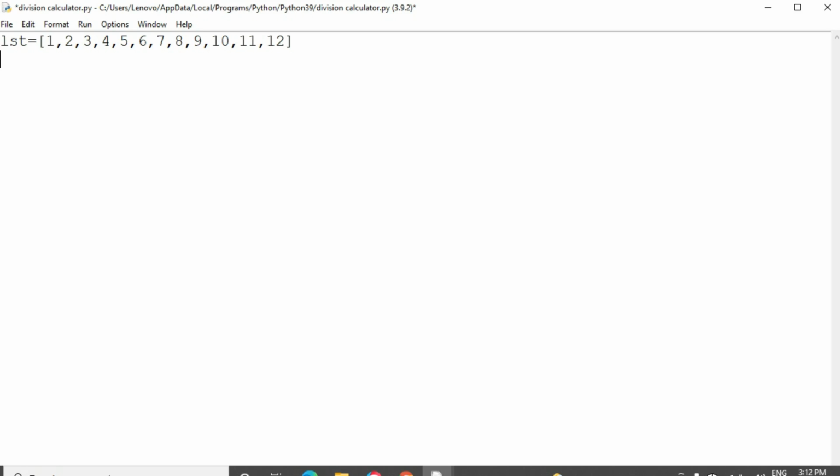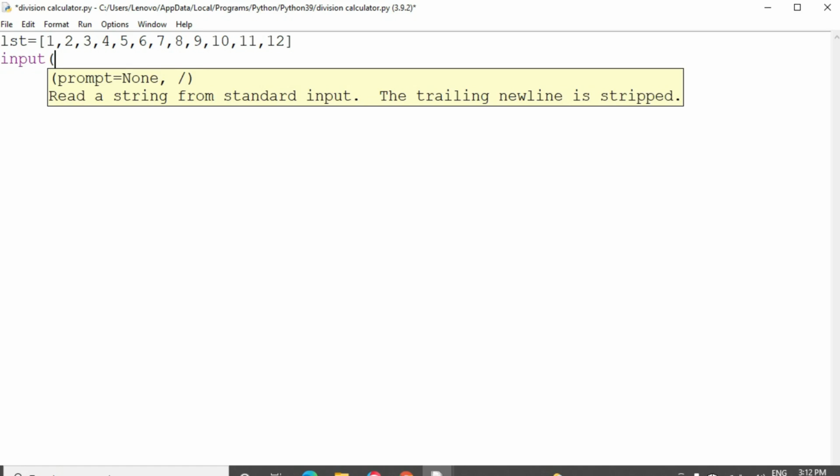Okay, then I'm going to ask the user to give the input, by using the input function. Input of "enter the number".